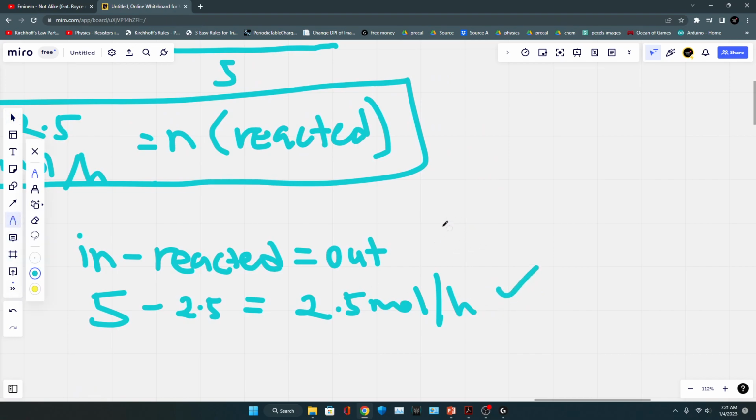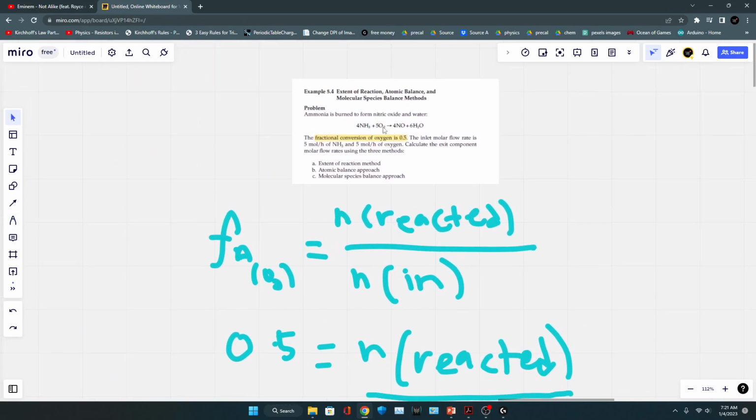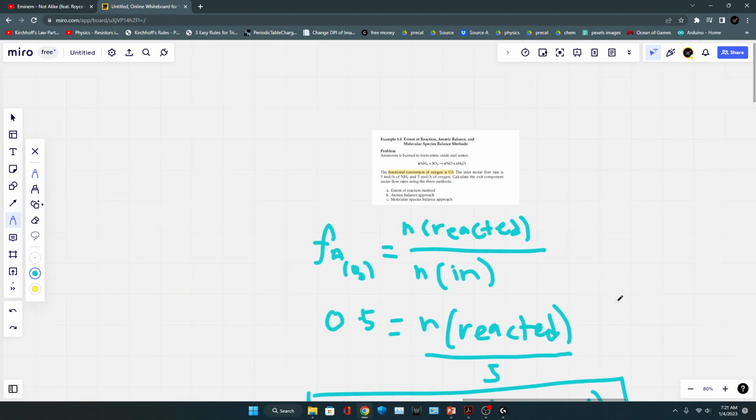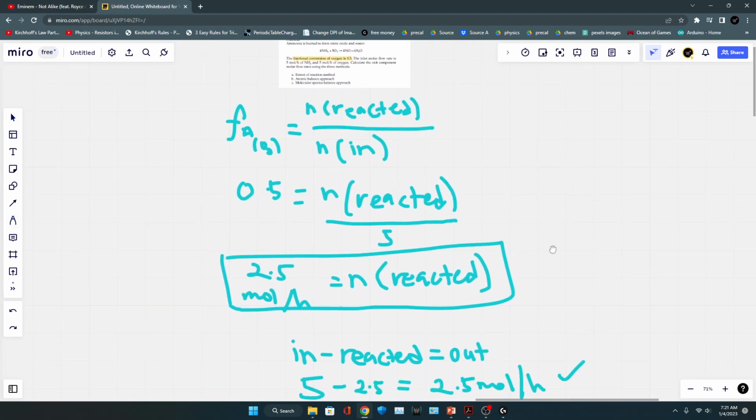And then we start with oxygen because it has been given that the fractional conversion of oxygen is 0.5, so that's how we actually manage to get the amount of oxygen coming out in the outlet stream. And now let's move on to the ammonia. From what we already did just now, we already know that